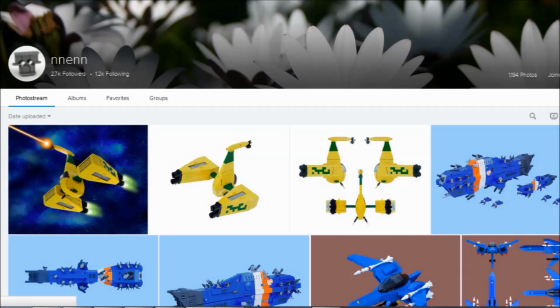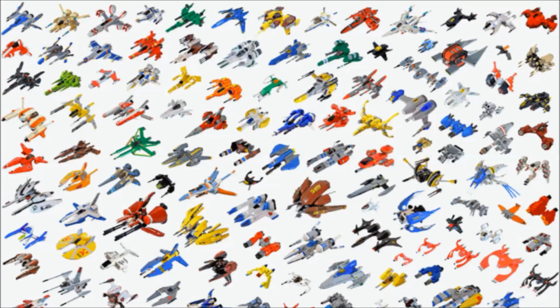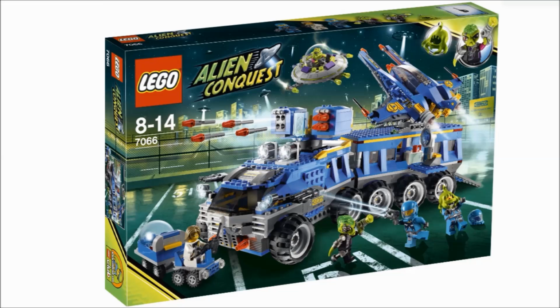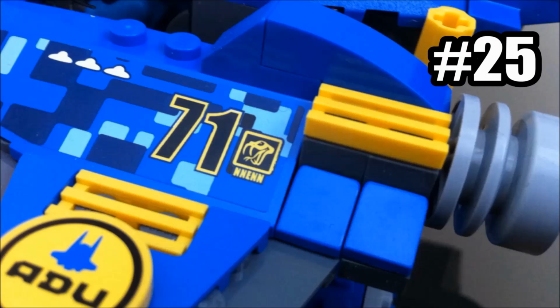The last is a tribute to an icon in the LEGO community, Nate Nelson, who was also known as Nen. Nate tragically passed away in 2010, but made tons of LEGO creations. His creations were truly amazing. He was one of the AFOLs to popularize the Vic Viper mock archetype. In the 2011 Alien Conquest Earth Defense HQ set, there are stickers on the ship with the Nen name, as well as a Viper symbol, and it was very nice of LEGO to pay tribute to him in that Alien